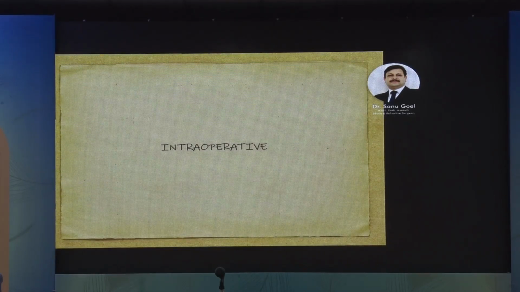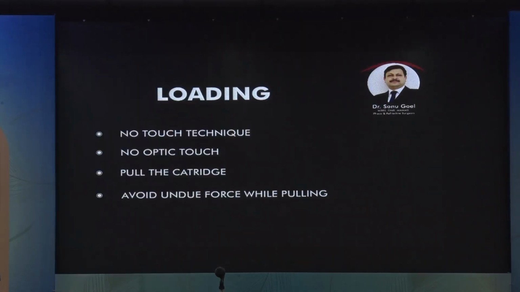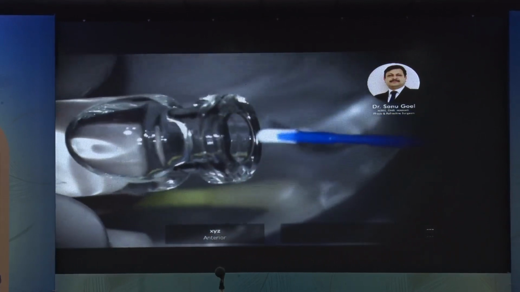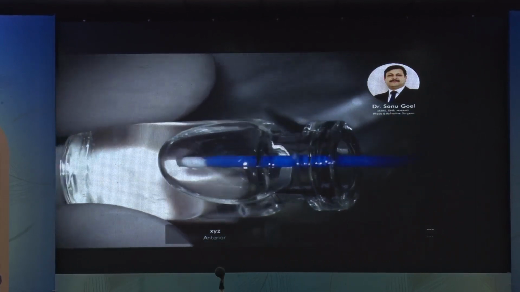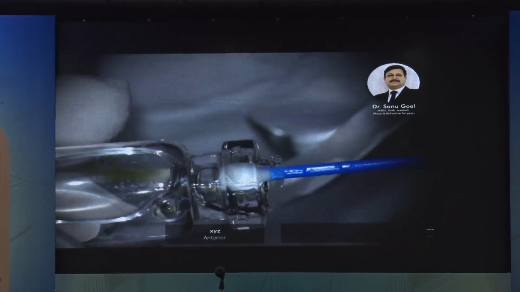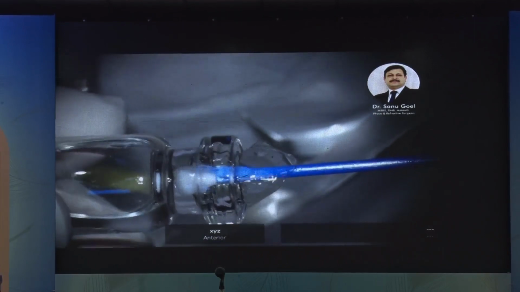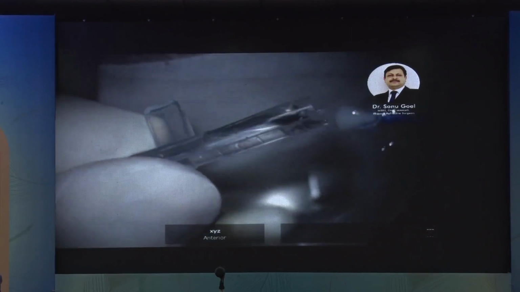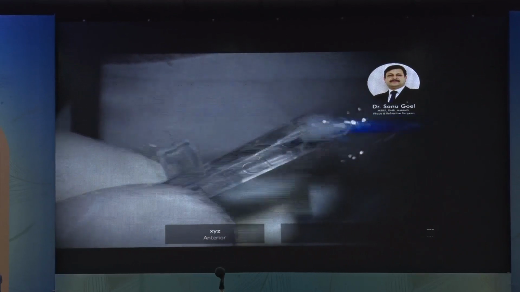Once the sizing and accurate calculation have been done, the patient is taken under topical anesthesia. What is more important is the loading of the lens. This is how the bottle is supplied by the manufacturers. This is a soft tip cannula. You never touch, hold or grab the lens with an instrument. It is this soft tip which drags the ICL, and believe me, the optic is the most delicate part. The center is the most delicate.